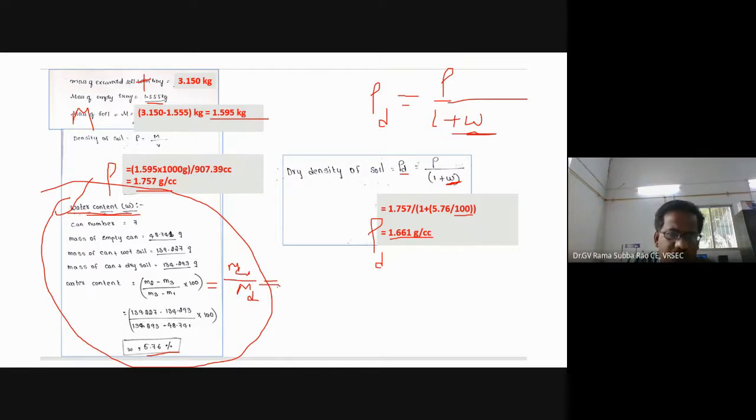How to determine mass of water present in soil? Mass of wet soil minus dry soil, by mass of dry soil minus can. Why are you not bothering about the can on the top? Because the can is going to cancel in the top, in the sense here the numerator. So this is the way we determine dry density. There is a lot of scope and significance for dry density. We will discuss the importance of dry density elaborately in the topic compaction. Thank you all.